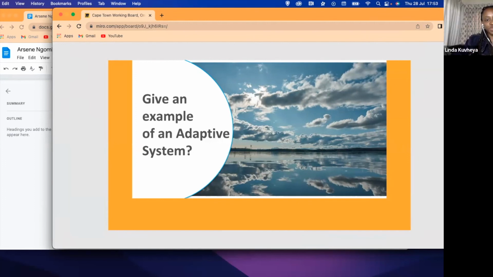Yeah, I think maybe before examples, we might need to just understand what a complex adaptive system is. Yeah, and my understanding is that it's a system that changes its behavior in response to the environment. Yeah, exactly. So if you give an example of the economy, there are so many activities or events that happen that actually then change things that will be happening within the economy.